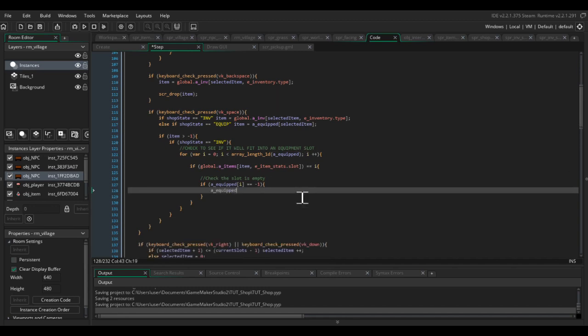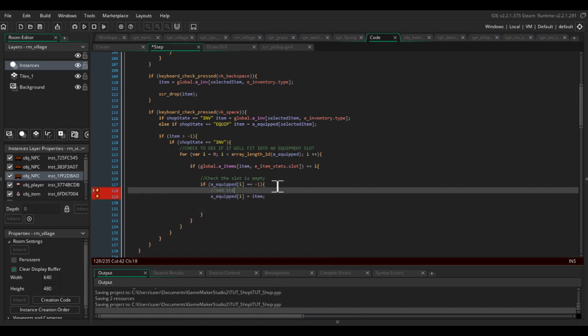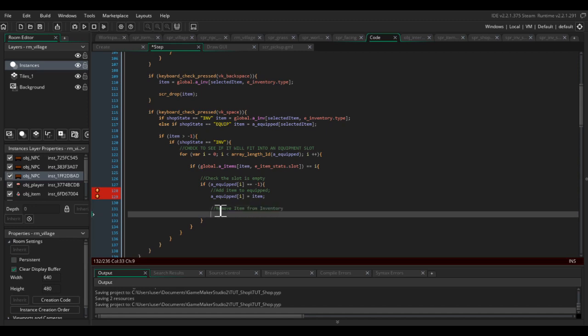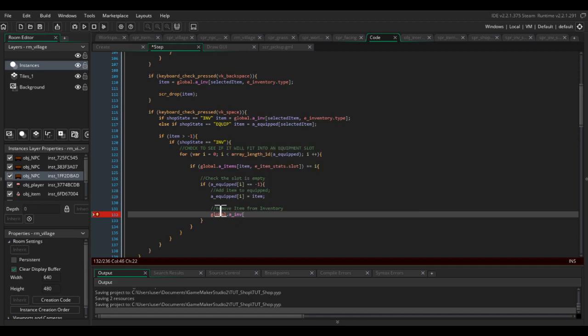then aEquipped[i] equals item. So I'm going to add item to equipped, remove item from inventory. global.aInv[selected item]